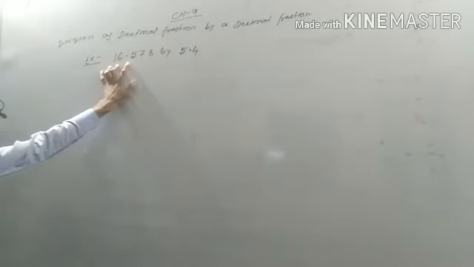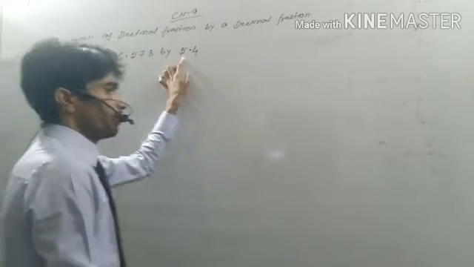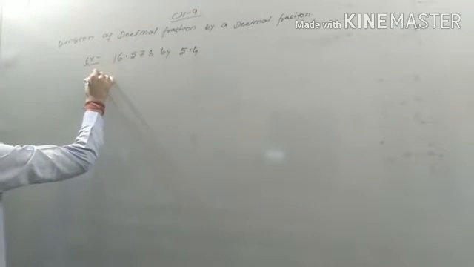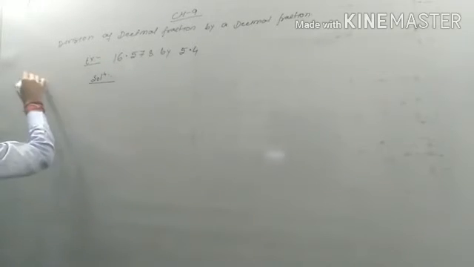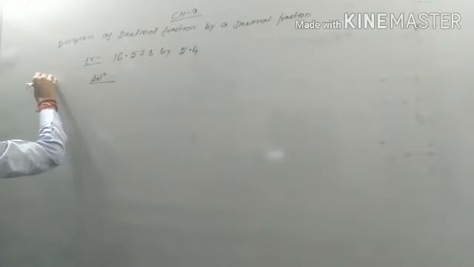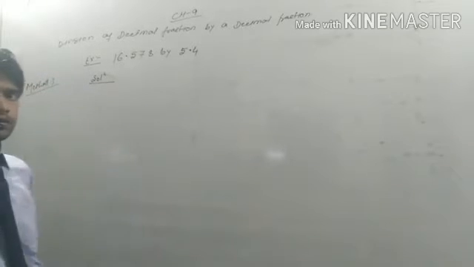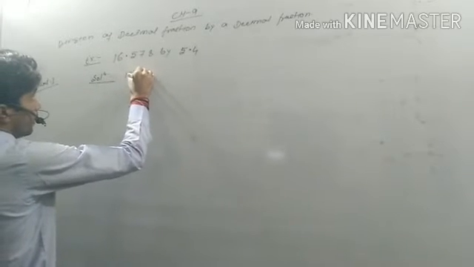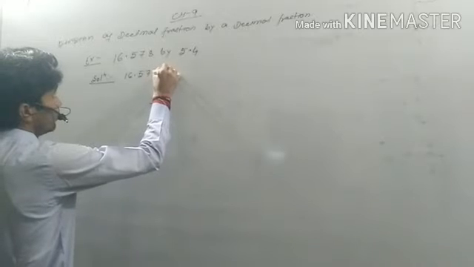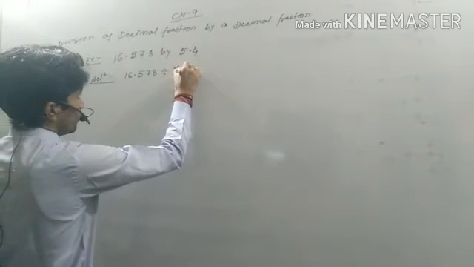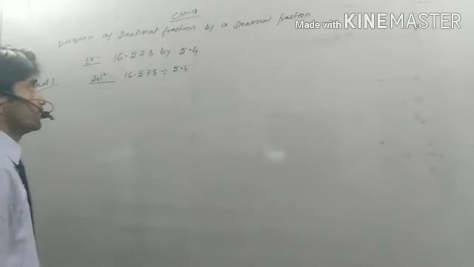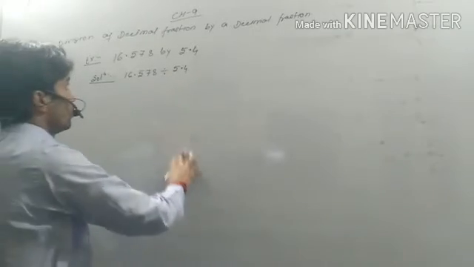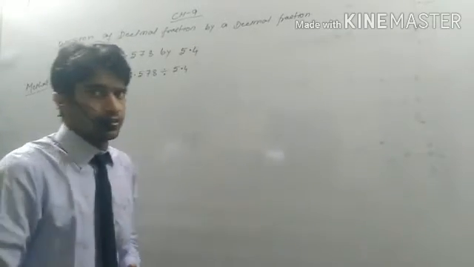Divide 16.578 by 5.4. Okay, so now solve this question. So solution. So method 1. 16.578 divided by 5.4. So now in this question, first of all we have to change decimal fraction into a